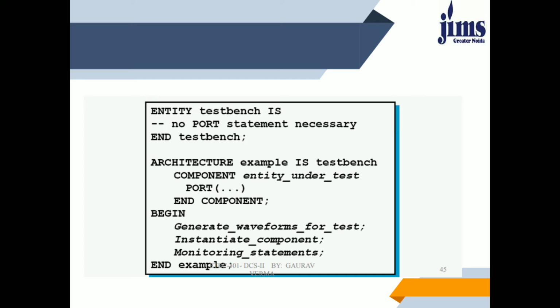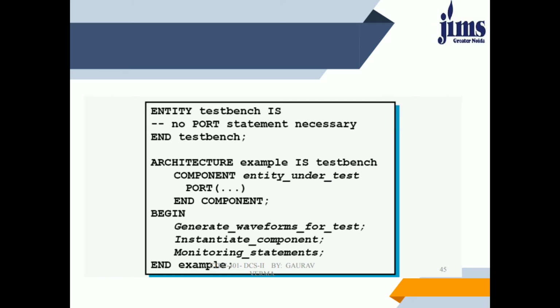Therefore, the implementation steps of a test bench are: first, assume the vector file and read an input waveform from the vector file using a function called readLine until the end of file is encountered, using behavioral modeling.